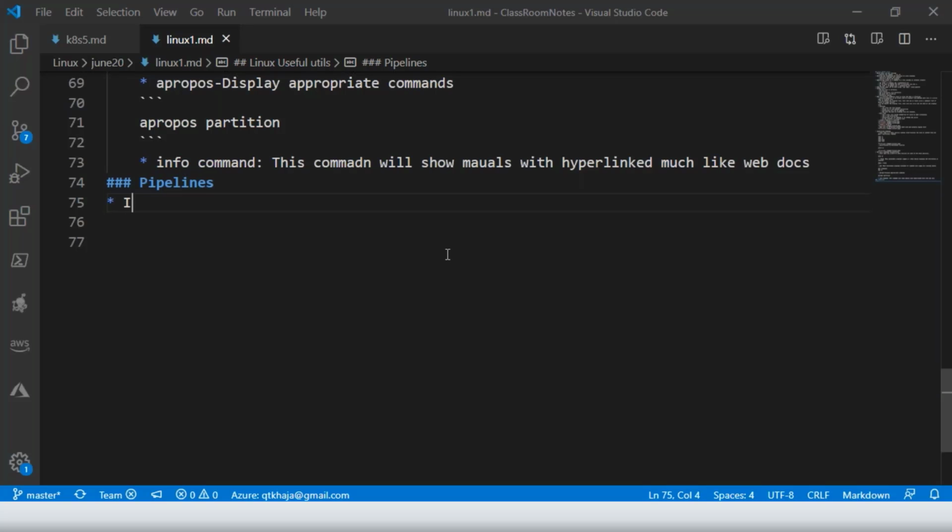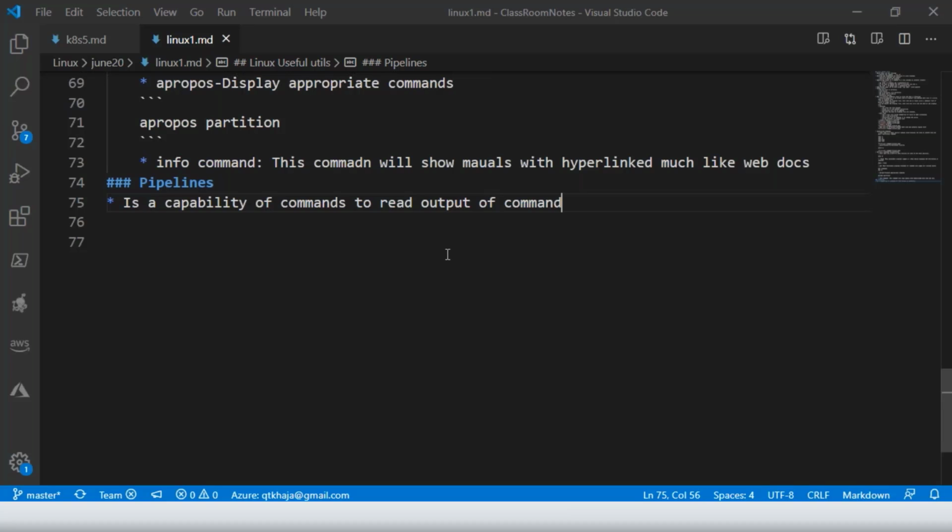Pipeline is a capability of commands to read the output of the command. Okay, am I clear on this? The capability of the pipeline is basically to read the output of the command